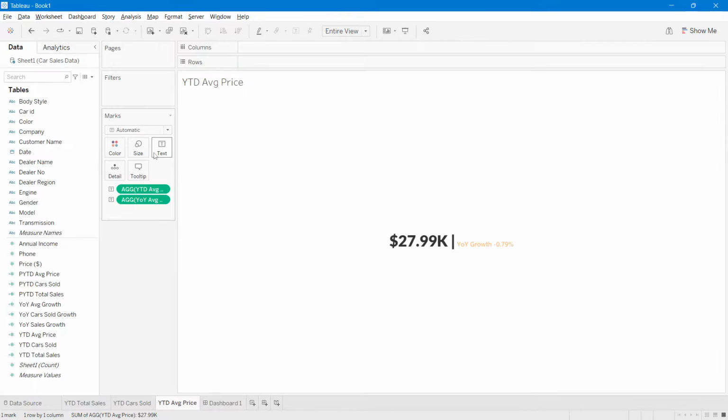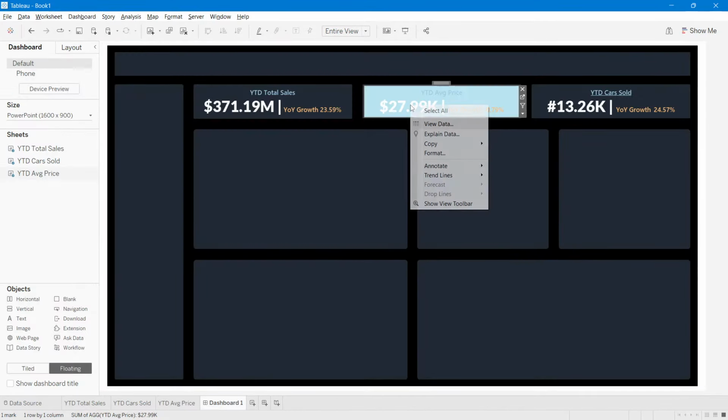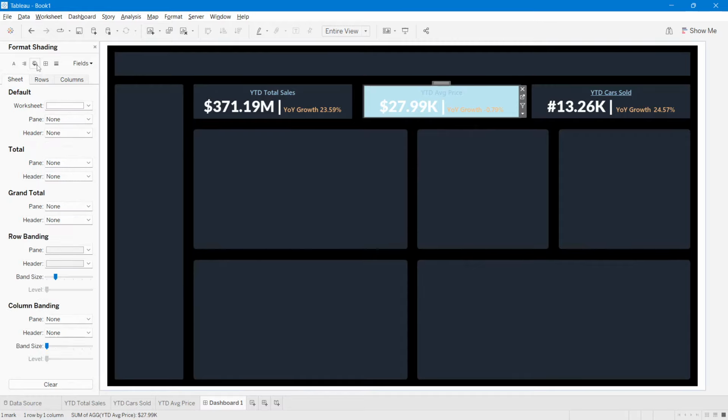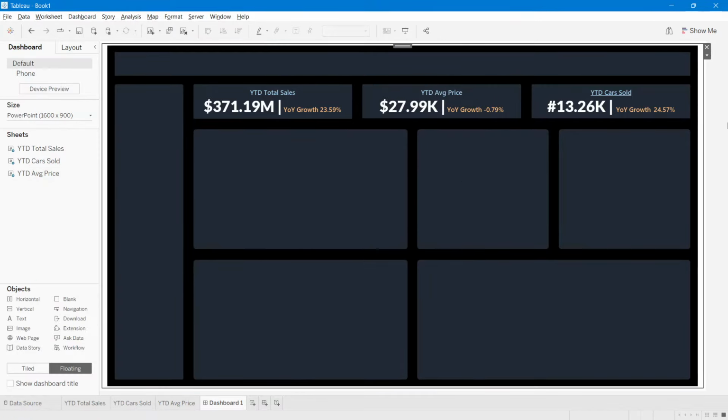go to sheet again, text, press enter, and here we will take it as year to date average. Select this, choose it as this, select this entire thing, select white, apply. OK, go to dashboard, right click, format, go here and select none. Perfect. So in this way we have placed our KPIs, and you can see it is looking very beautiful,